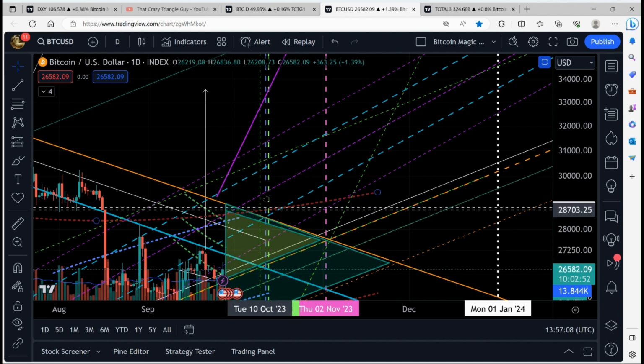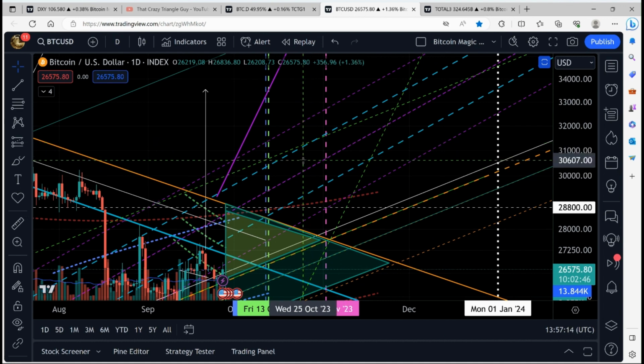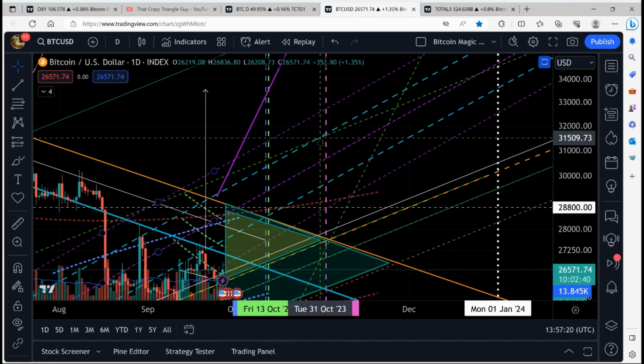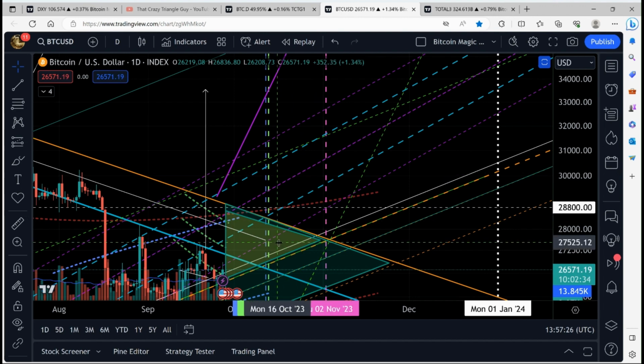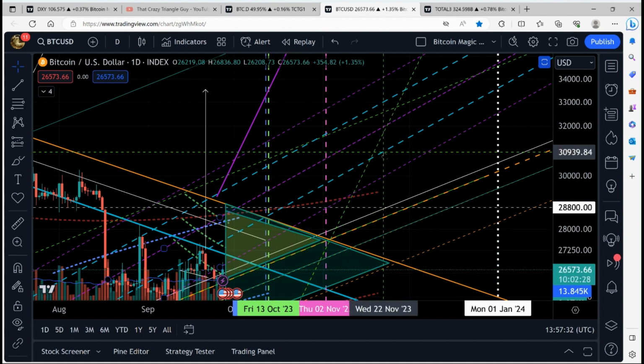But I think we're going to see this move up here. This is where it happens. This is where I think this move is coming, right here. I'm almost certain of it. But there is the chance we get rejected and come down here and see them move later.